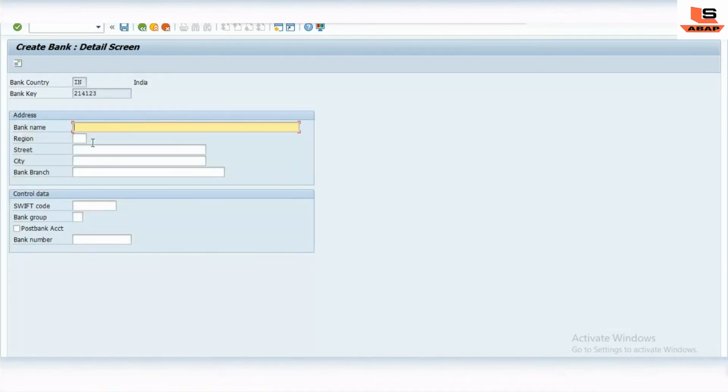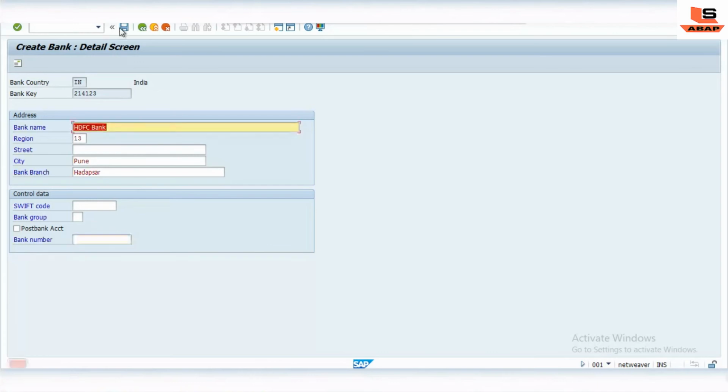Now I'm giving the bank name as HDFC bank, region 30, city Pune, and branch Hadapsar. See, the bank account number is blank. I will now try to save this.